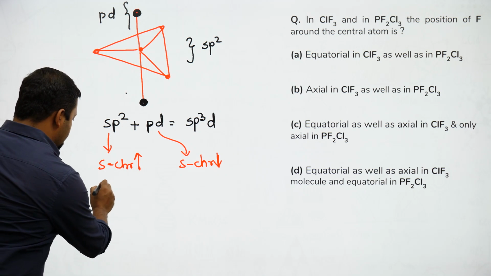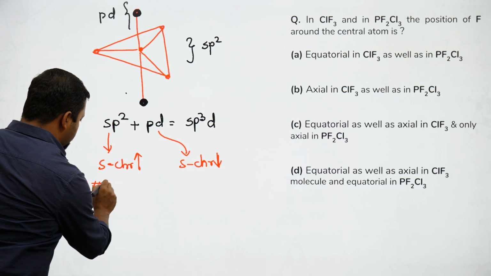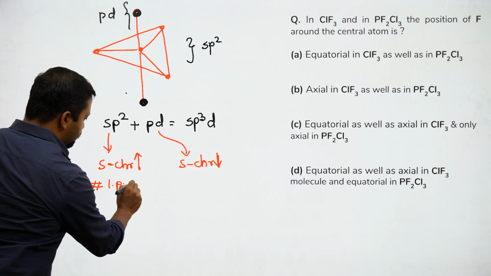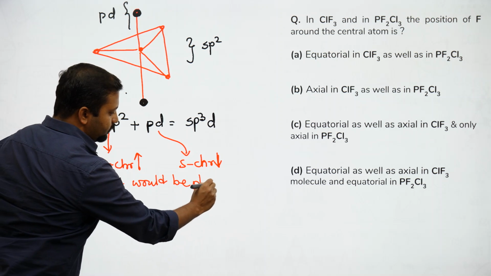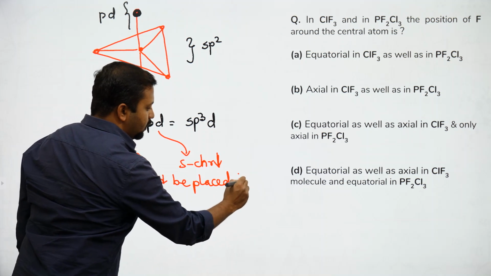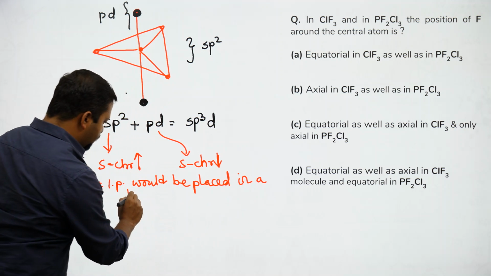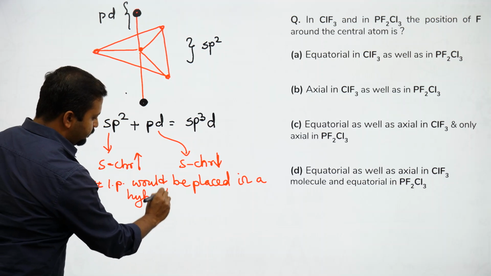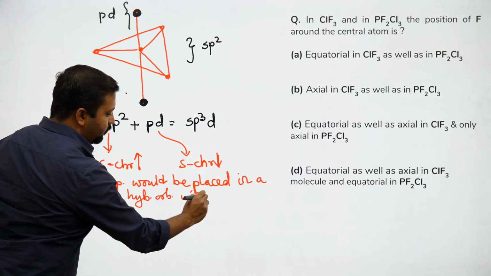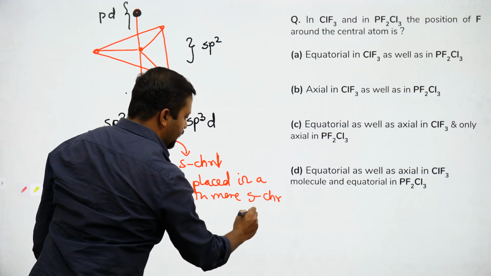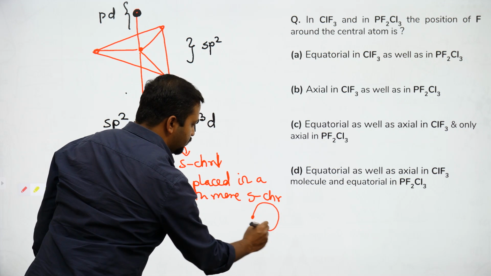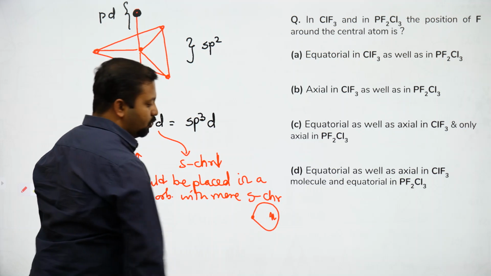So lone pair would be placed in a hybrid orbital with more s character, क्योंकि ये भाई साहब आराम से लोन पेयर को पकड़ के रखेंगे।